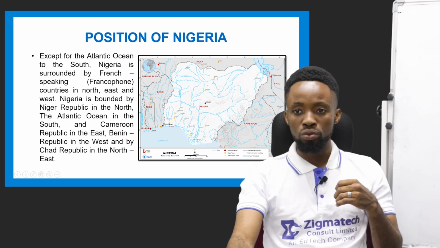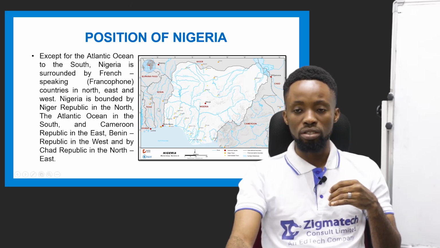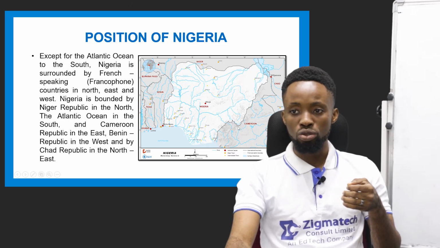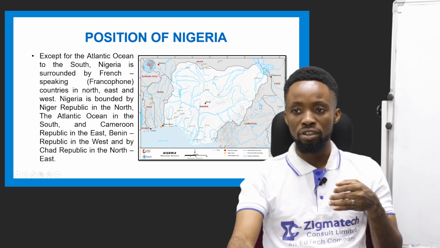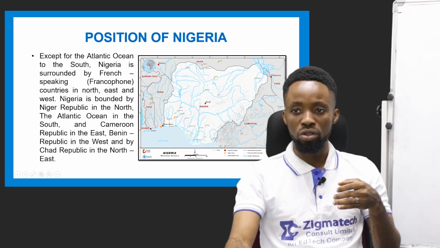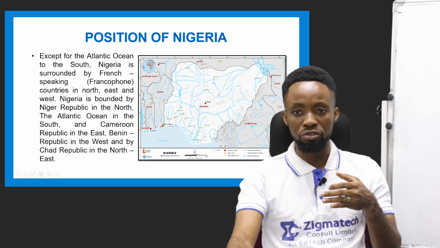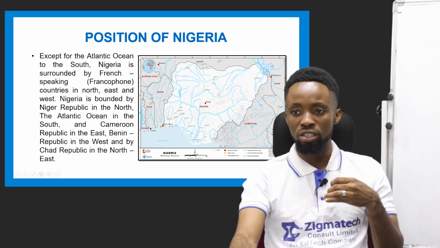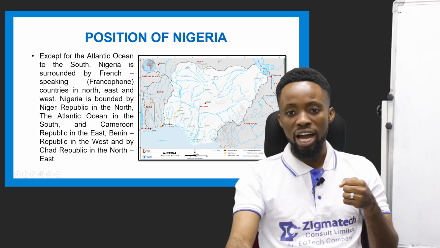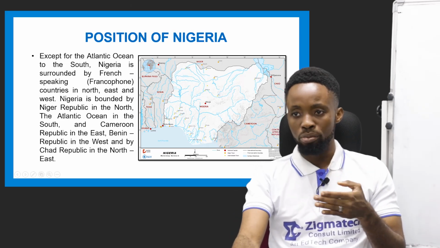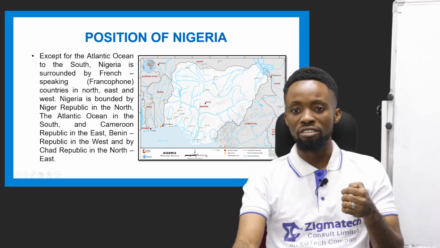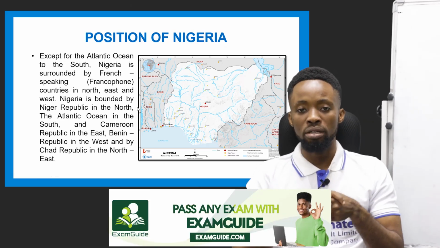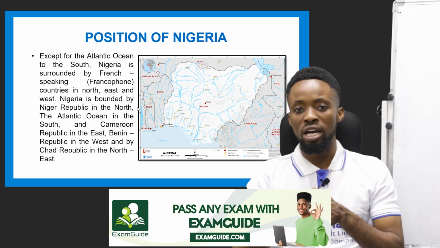Now, to the west, Nigeria is bounded by Benin Republic, and to the east, we have Cameroon, surrounding us here. And at the northern part of Nigeria, we have Niger Republic, and at the northeastern part, we have the Chad Republic. So one thing is that Nigeria is actually surrounded by French-speaking countries,